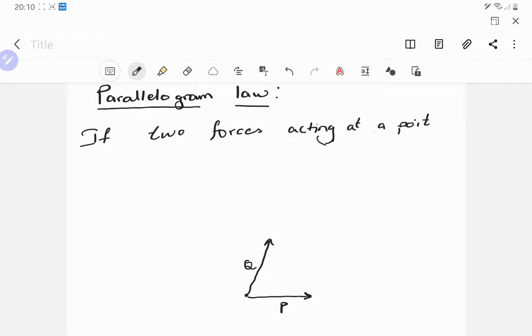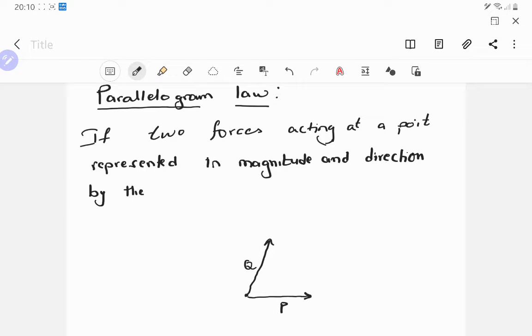If two forces are acting at a point, represented in magnitude and direction by the adjacent sides of a parallelogram,